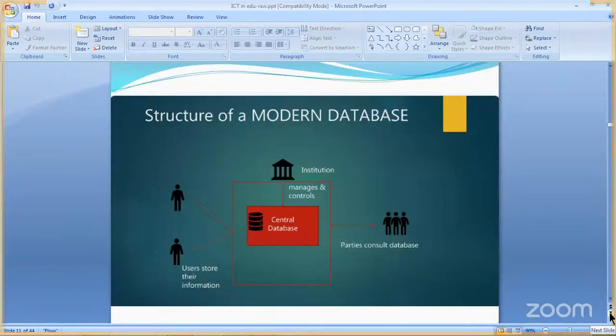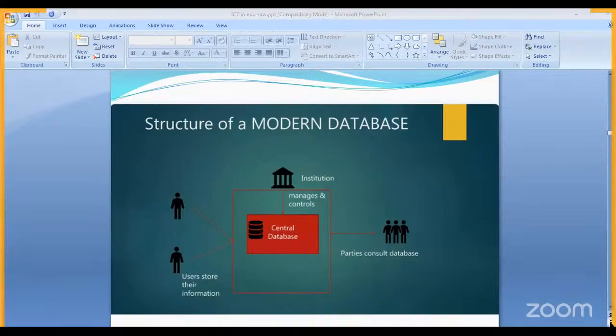So we can see the diagram. I hope everybody is seeing the diagram now. The current structure of the modern database is that there is a central database available. You can see in this diagram, these are the students available on one side, and there is the institute